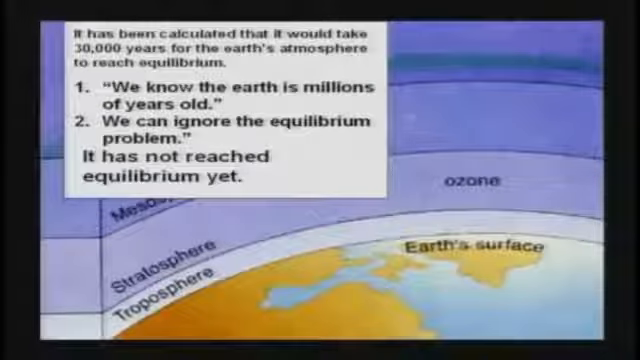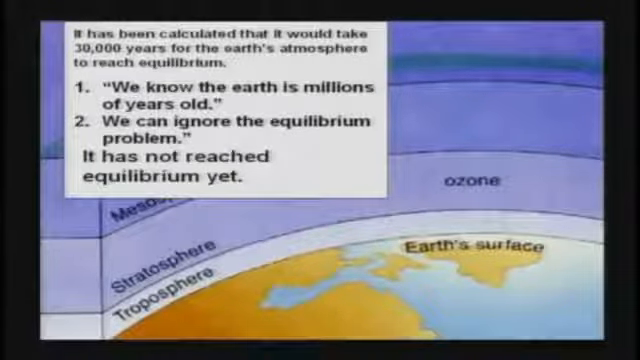And they determined it would take about 30,000 years to reach equilibrium. Now, I'm not sure how they did all that. You could probably ask some of the rate scientists and figure that out. But then they made two mistakes, in my totally unbiased opinion. They said, number one, we know the Earth is millions of years old. Mistake number one. Number two, they said we can ignore the equilibrium problem because we would have passed that point